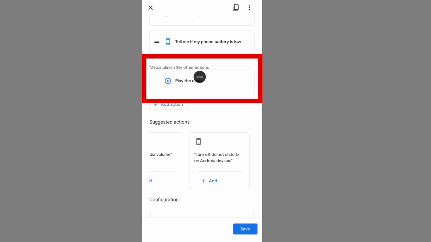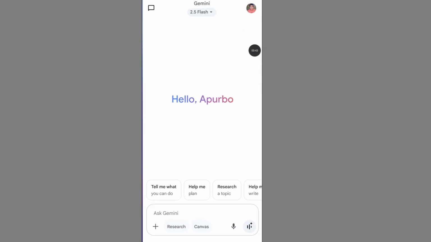Hello viewer, the Google Assistant Play the News feature is missing in the Gemini application. If you want to solve the Play the News feature not showing in your Gemini application, please follow the steps. Open your Gemini app, tap on the profile icon,